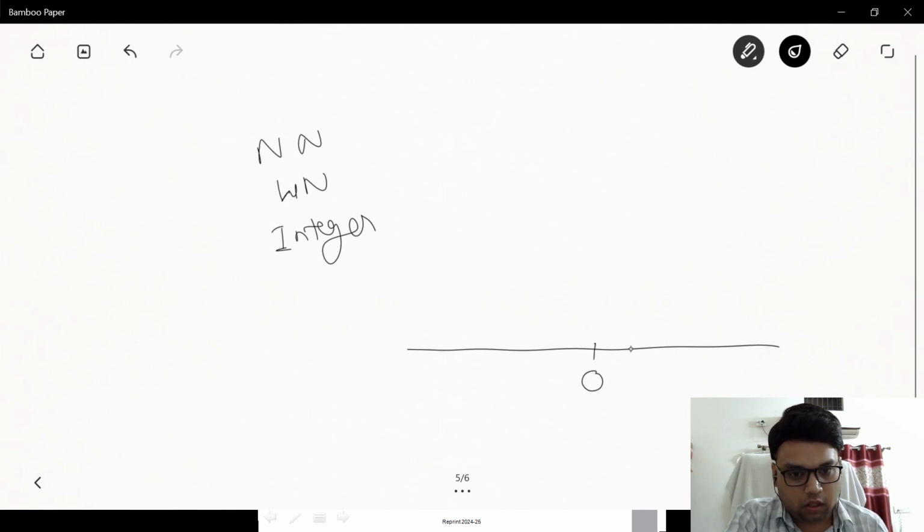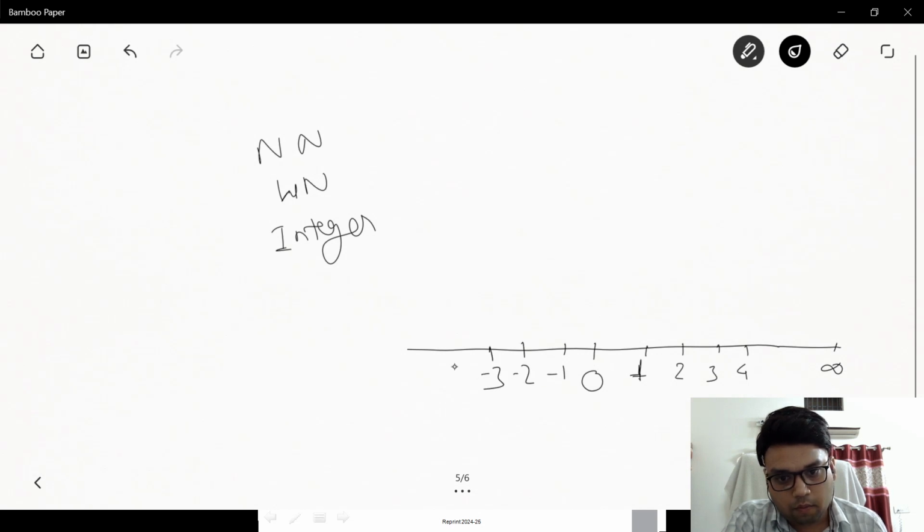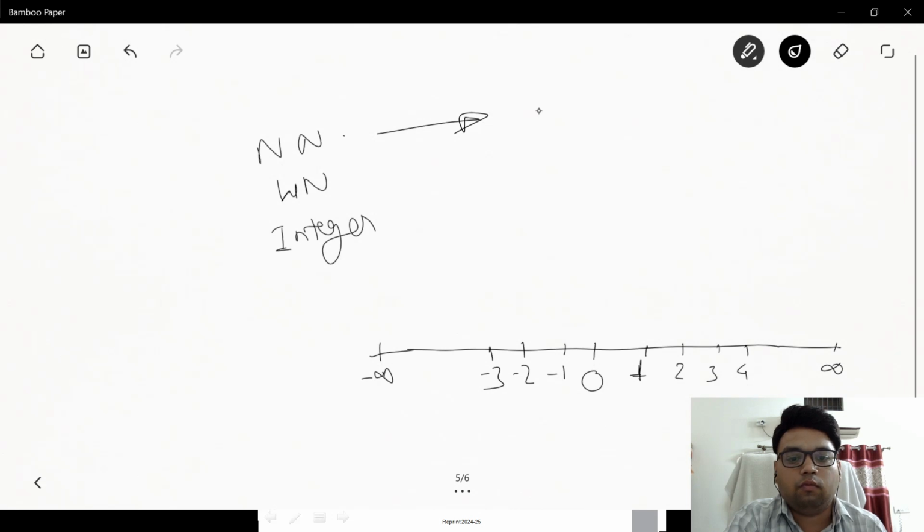Here this is the center of the scale, which is 0. This is 1. On the right hand side of the scale you can see 1, 2, 3, 4 up to infinity. On the left hand side of the scale you can observe the data -1, -2, -3 up to minus infinity. Here the value of natural number varies from the right hand side of the 0, that means